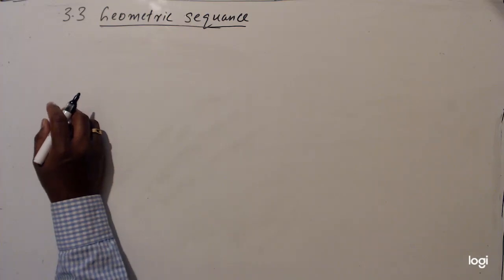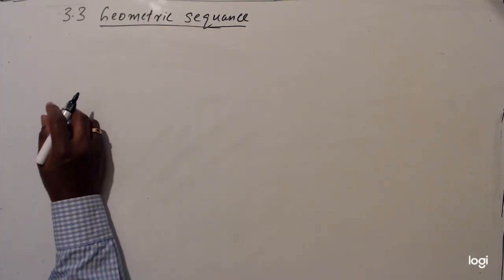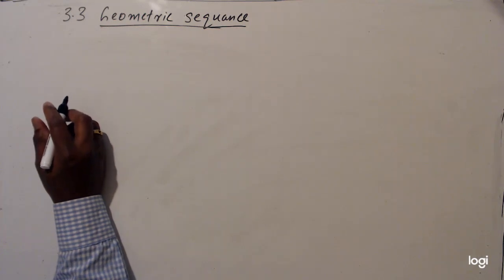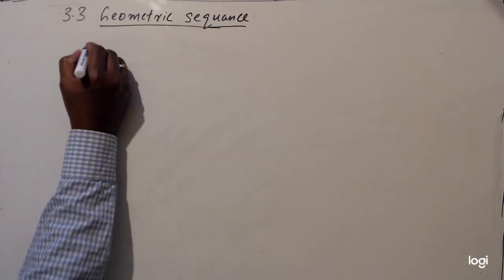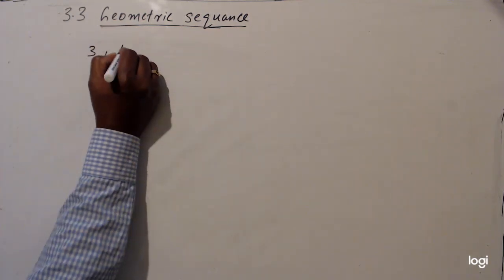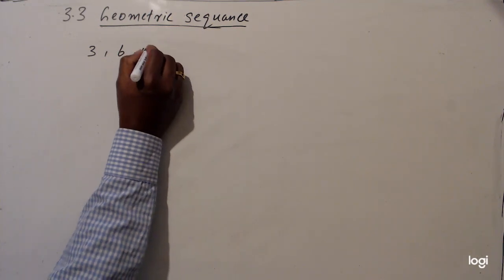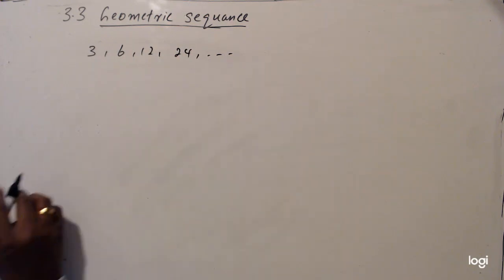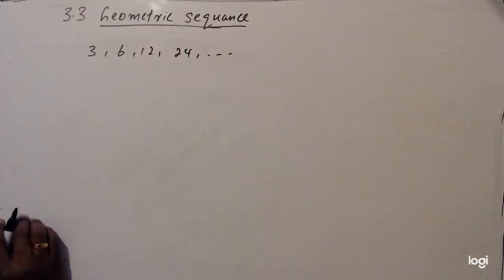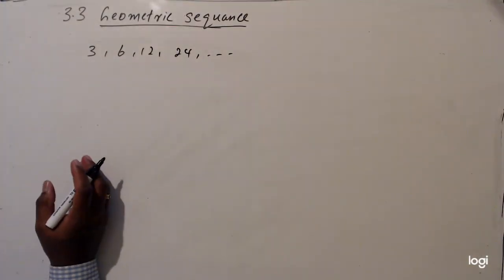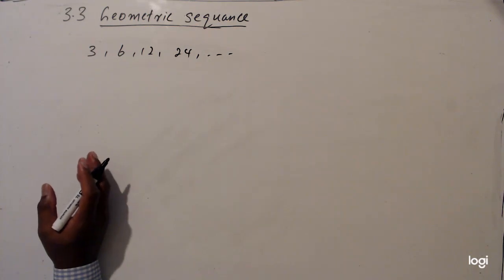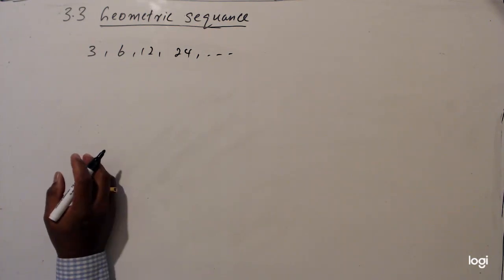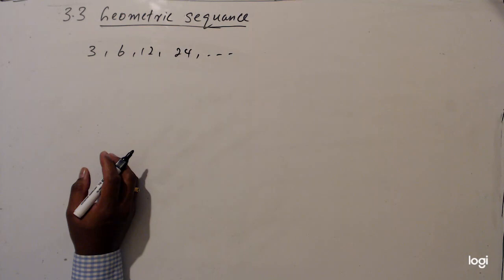Let's discuss 3.3, geometric sequence. Let me write a sequence first: 3, 6, 12, 24, dot dot dot. And first of all, we need to know the way of identifying whether a sequence is a geometric sequence